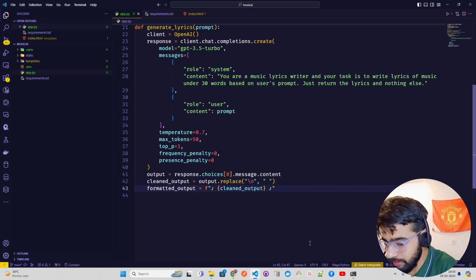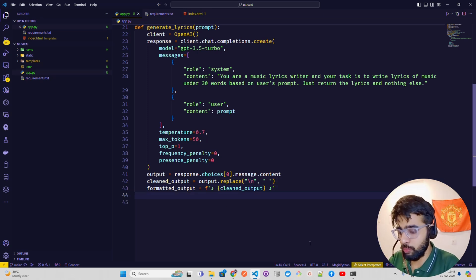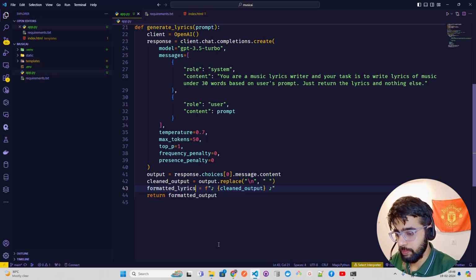We are passing that, you can see, and then we are getting a formatted output. And I'm just going to return formatted output. You can see I'm just going to return over here, and let's call, or rather, let's call it a bit better. I'm going to call it formatted lyrics. And this output will also become lyrics. So formatted lyrics. Now this is what I'm doing. So this is interesting. You have to do this. This is a must. Okay, so return formatted lyrics.